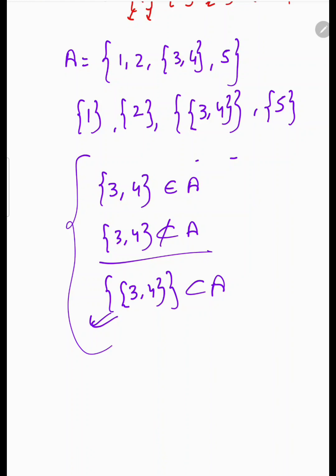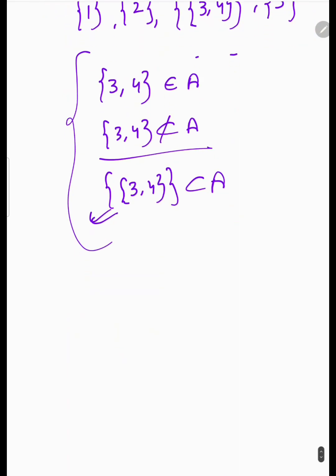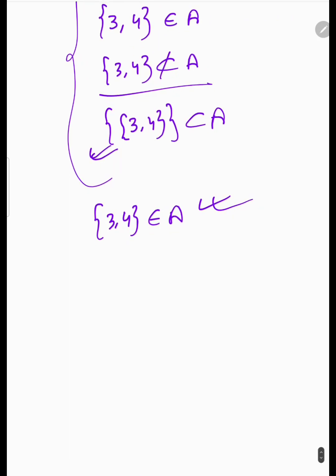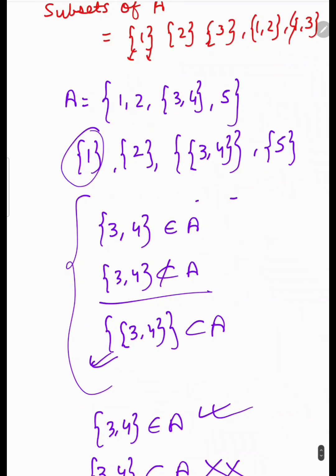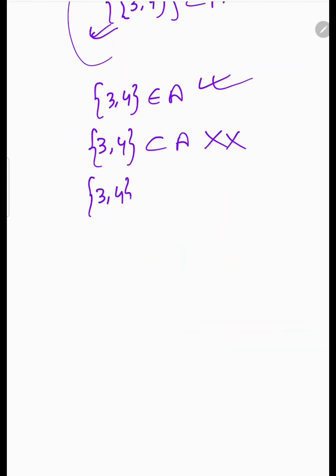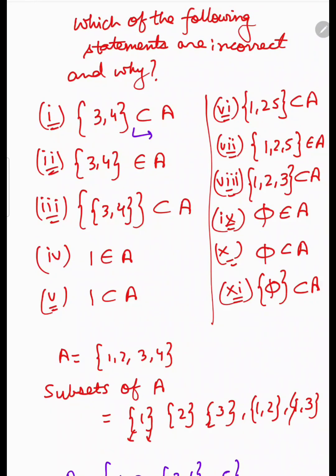ये आपको एकदम क्लियर होना चाहिए कि क्या हो रहा है. ठीक है, ये एक एलिमेंट है. तो अगर आपको ऐसा दिया गया कि {3, 4} बिलोंग्स टू A, तो ये करेक्ट है. लेकिन अगर ये दिया आपको {3, 4} इज अ सबसेट ऑफ A, तो ये रॉन्ग है. क्यों? क्योंकि {3, 4} तो एक एलिमेंट है. आपने तो लिखा ही नहीं इसको सबसेट के टाइप में. सबसेट में कैसे लिखना होता है? इस फॉर्मेट में. जो एलिमेंट है उसको कर्ली ब्रैकेट्स में लिखना पड़ता है, तो वो जाके सबसेट बनता है. तो यहां पर {3, 4} जो एलिमेंट है उसको हमको ऐसे लिखना पड़ेगा, ये हो गया सबसेट। ठीक है, फिर देखते हैं, तो ये क्या हो गया, ये इनकरेक्ट स्टेटमेंट है,